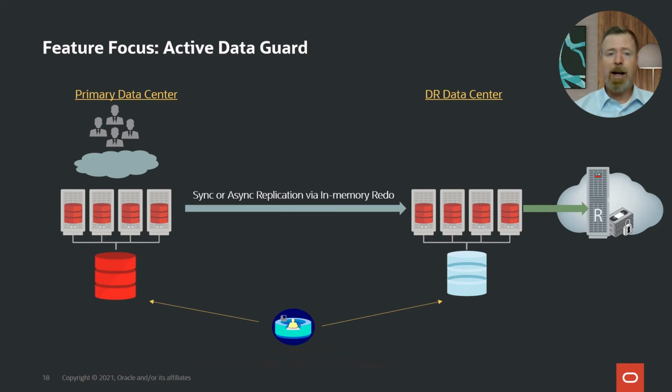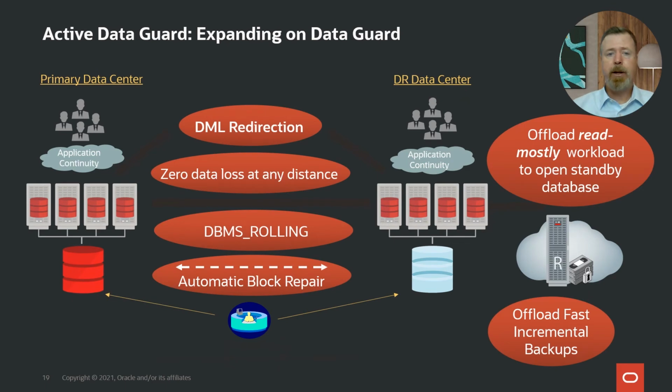So why is Active Data Guard recommended instead of Data Guard in MAA? Well, Active Data Guard has a lot of different features. It's very well known for the ability to offload read-mostly workload. We used to say read-only workload, but read-mostly workload, because you can have the occasional insert or update now with our DML redirection feature in 19c. So you can open up the standby and it doesn't sit idle. You can have workload against it, and move that off the primary. You can also offload backups. It's the actual physical replica of the primary, so we can take a backup from it.